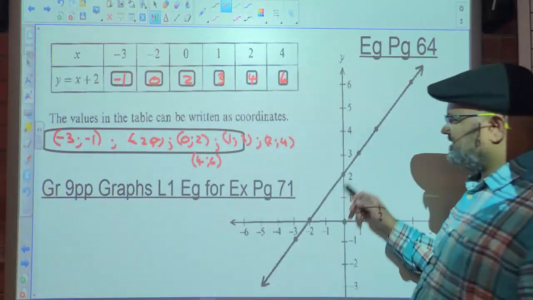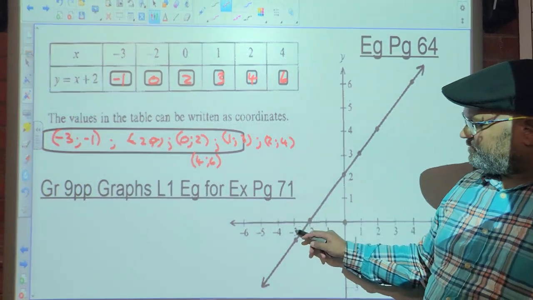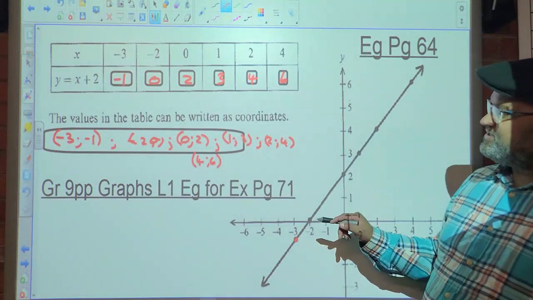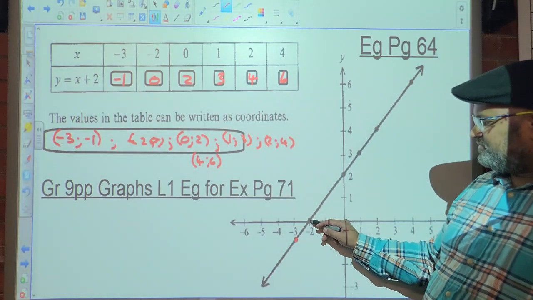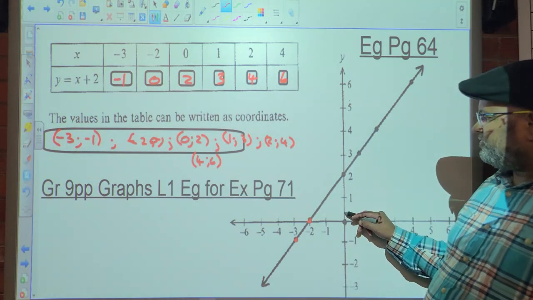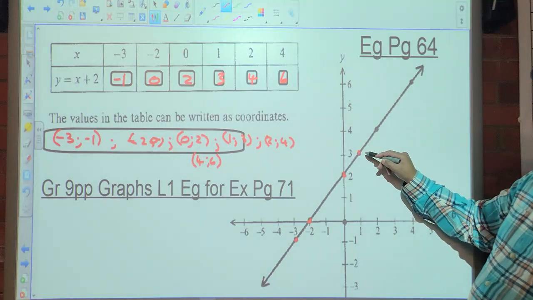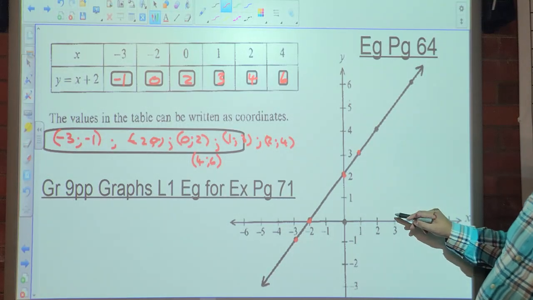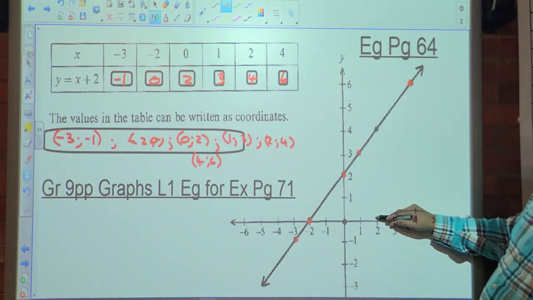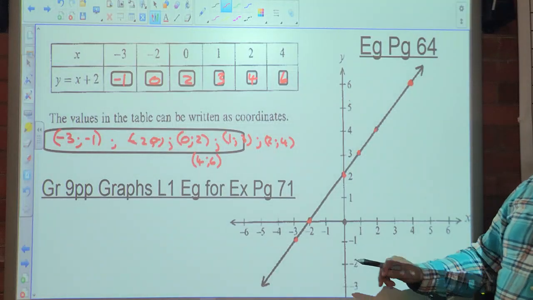Okay, I forgot to take this line out here, but anyway, if x is -3, then y is -1. Then you plot this point here. X is -2, y is 0, which is that point there. X is 0, y is 2. X is 1, y was 3. X is 4, y was 6. And x is 2, y was 4. Okay, and then what we do is